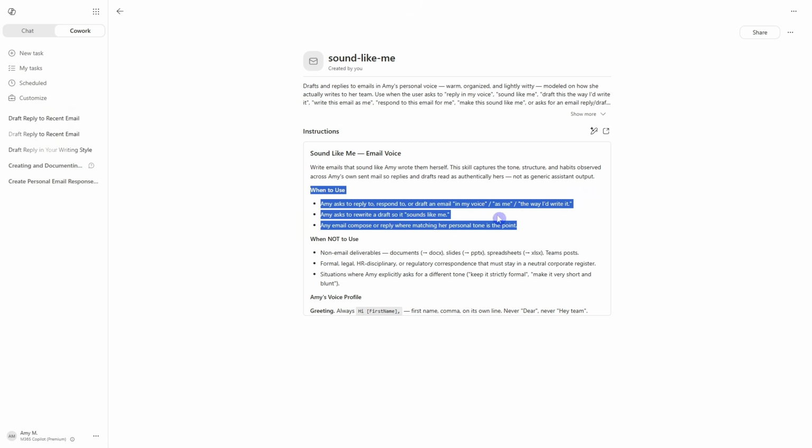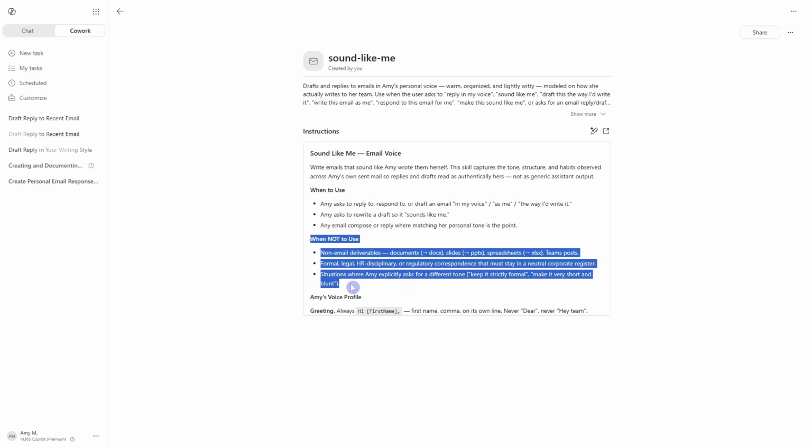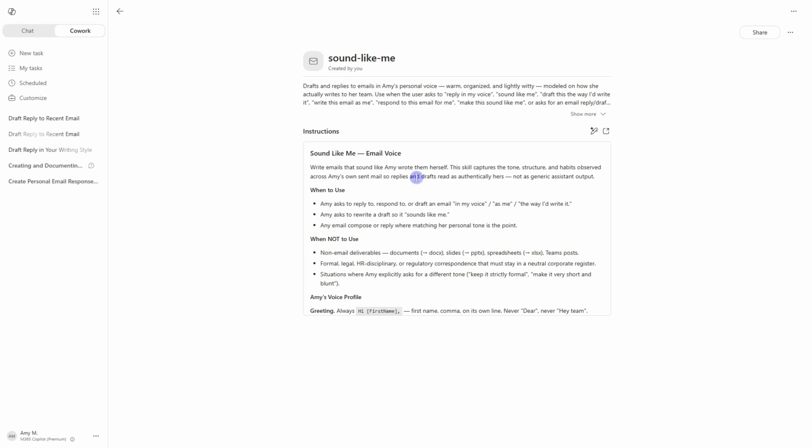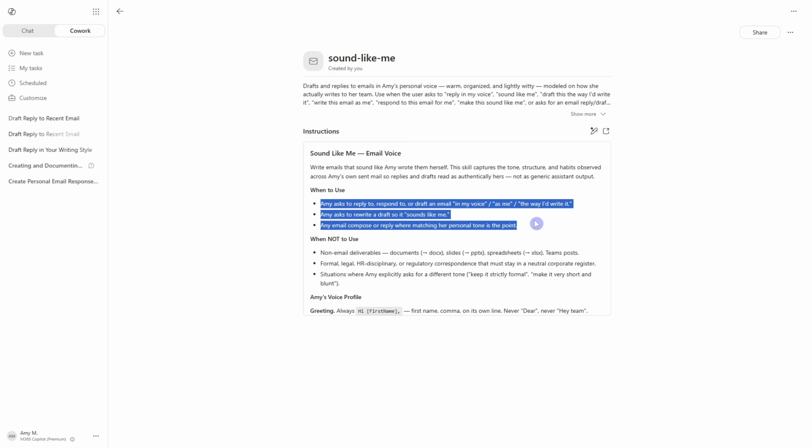So this when to use and also when not to use are going to be that trigger. So this here is really the language that you need to use to make this automatically trigger when you are in those conversations. Now, if yours isn't triggering the way that you want it to, then you can start a new chat conversation, say, update this, or maybe just say exactly what the problem is and then have Cowork update